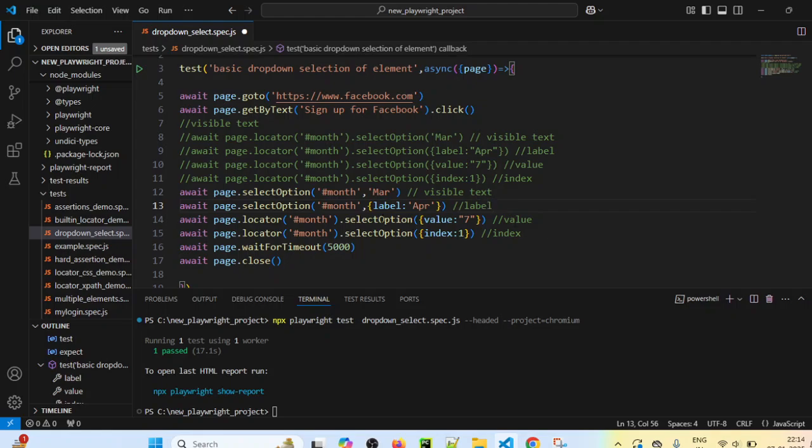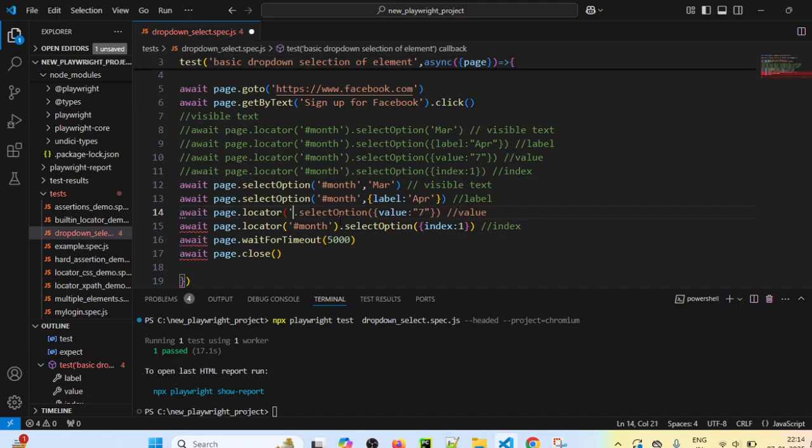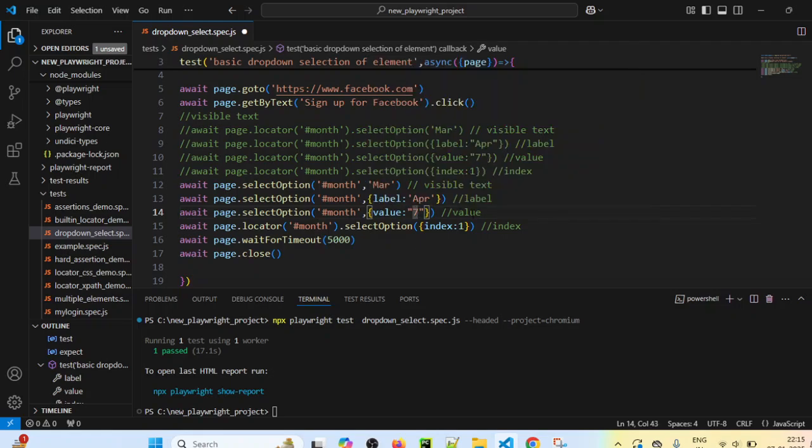Now third one, value. Again here also we can use like this. So instead of page dot locator, I can directly use dot select option method. In this first parameter I have to pass hash month, that will locate that element, comma second parameter is basically in curly bracket value which is having 7. So that value will be selected. And the last one is again index, also we can use like this. So dot select option,